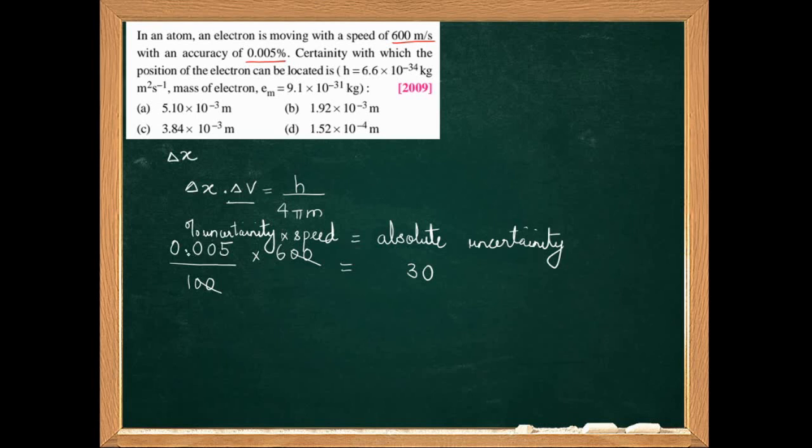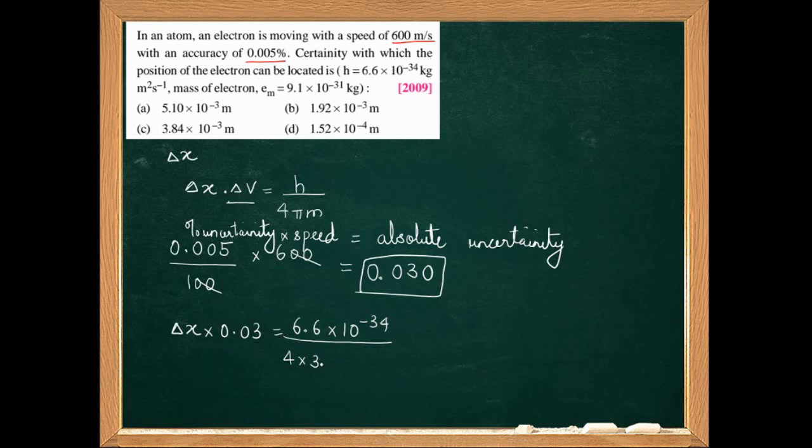And the zeros will be after 3. So this is our absolute uncertainty. Now if I know the value of absolute uncertainty, I don't know delta x. Delta x into 0.03 is equal to what? We have to substitute the value of h, which is 6.6 into 10 to the power minus 34 upon 4